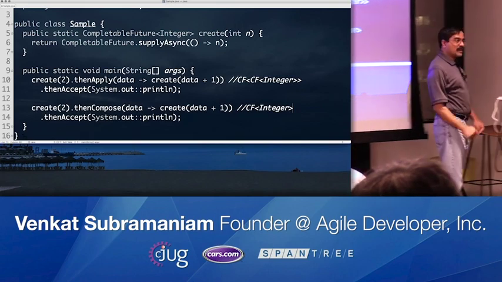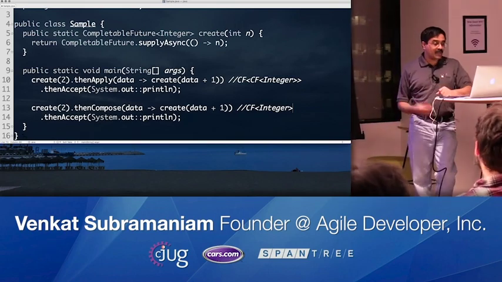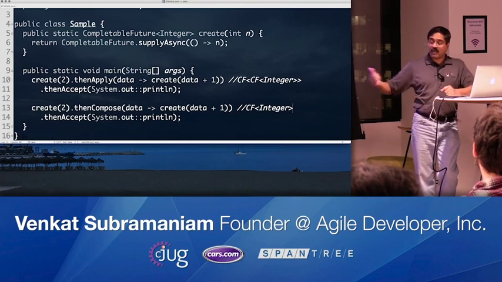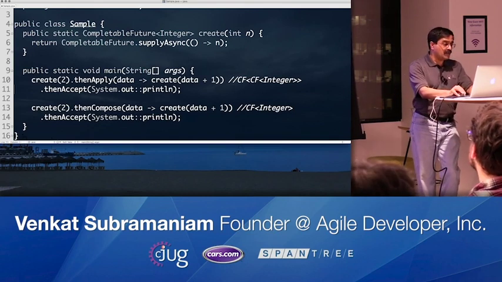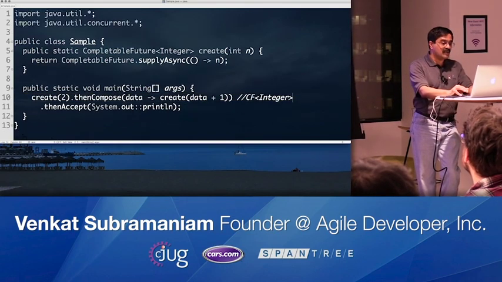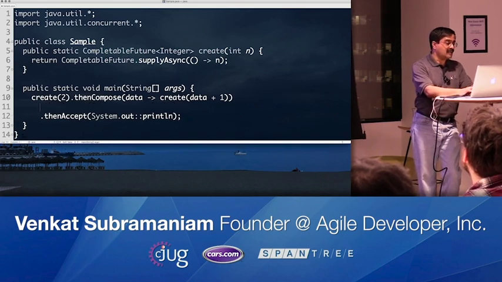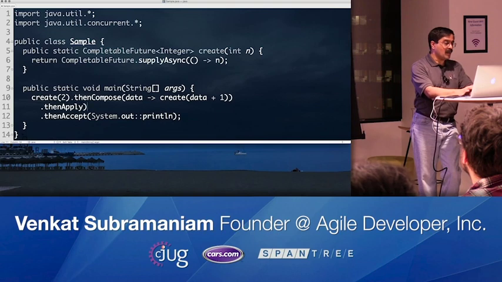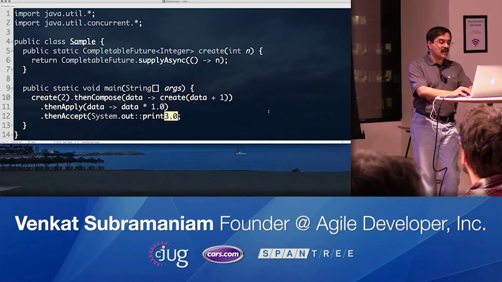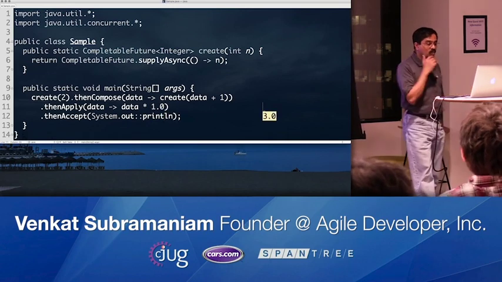I'll just give you the direct CompletableFuture so you can carry on with it. So with this, of course, you can perform more transformations moving forward. For example, I can take this one here and say dot thenApply. Given a piece of data, I can say, take this data and pass it on to data times 1.0. And you can pass that down further, as you can see. So that works really well.